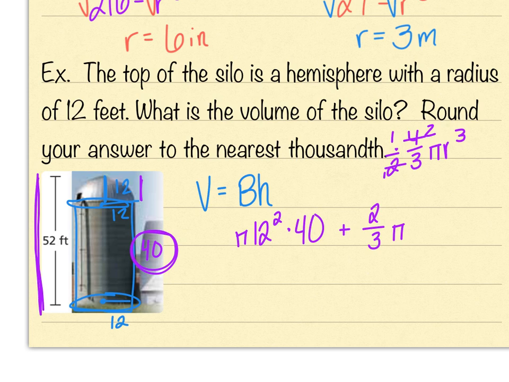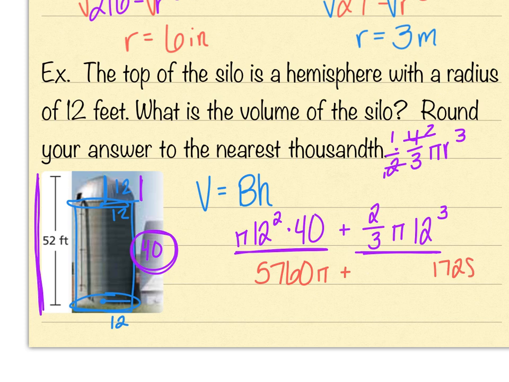And since the radius is 12, we'll do 2/3 pi times 12 cubed. And all of this will give me my combined volume for the cylinder part and then for the hemisphere part. So let's go ahead and work this out. 12 squared is 144. And 144 times 40 is 5,760 pi, plus, and then 12 to the third power is